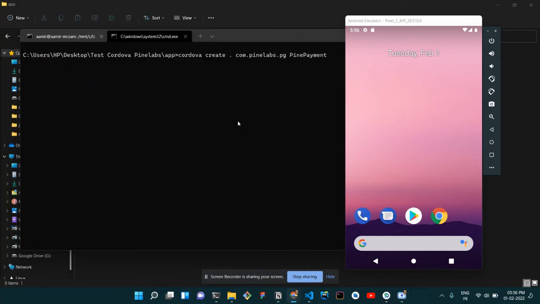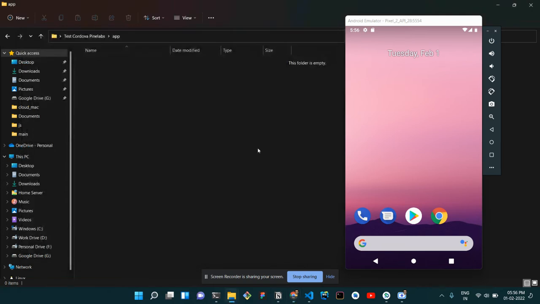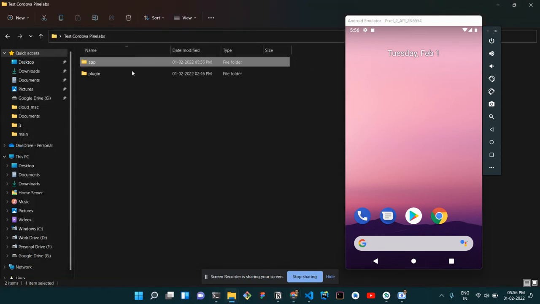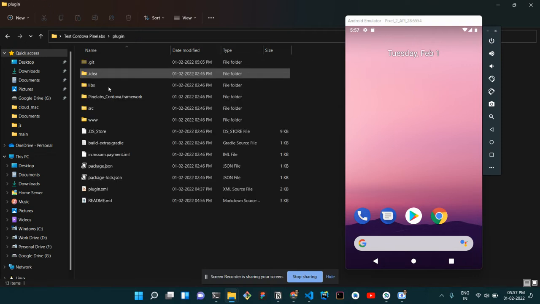Alright, so I will be demonstrating the installation and the setup process of FineLabs payment SDK for Cordova. What I will do is I have this sample directory created here. I have two folders, one is app and one is plugin. Inside plugin, I have the plugin, and